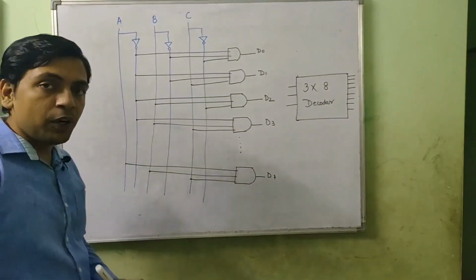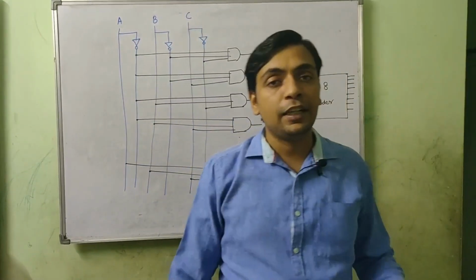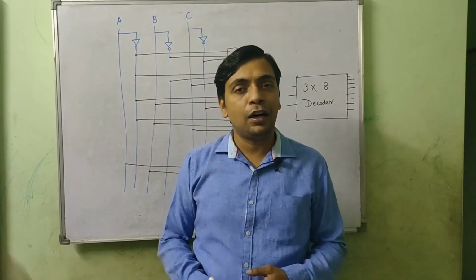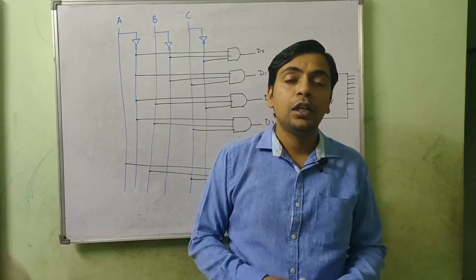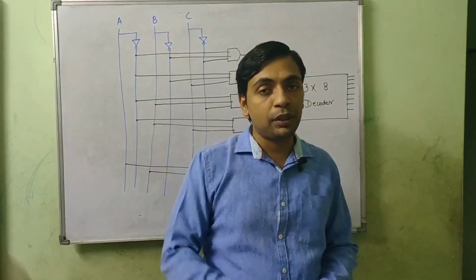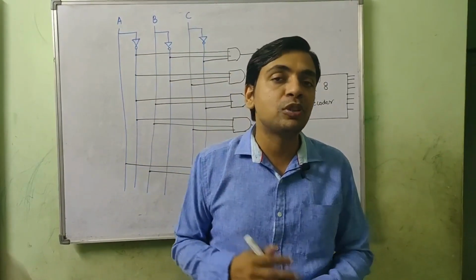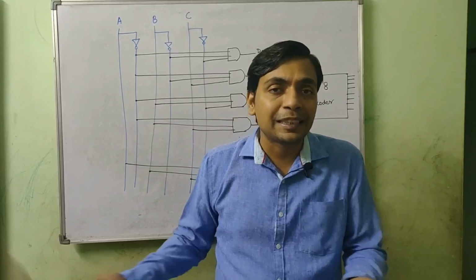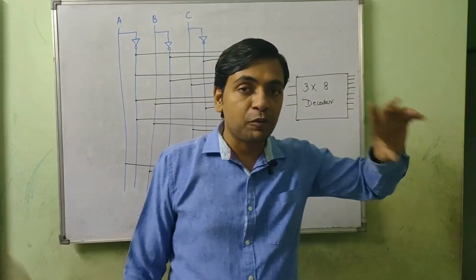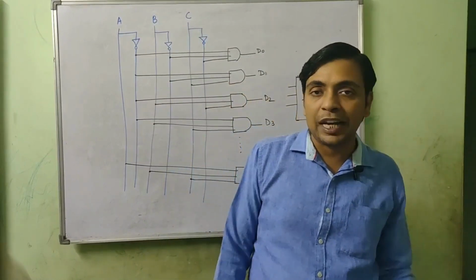Now suppose you want to convert a binary number into decimal. What's the largest decimal digit? 9. And if you represent the binary of decimal 9, it will be in 4 bits. So that means to convert binary into decimal, you need a 4 input binary. There will be 10 different outputs which you are going to deal with. There can be 16 different outputs with 4 input lines, because 2 to the power 4 is 16. But here we are doing decimal only, so we will take care of 10, from 0 to 9 itself.